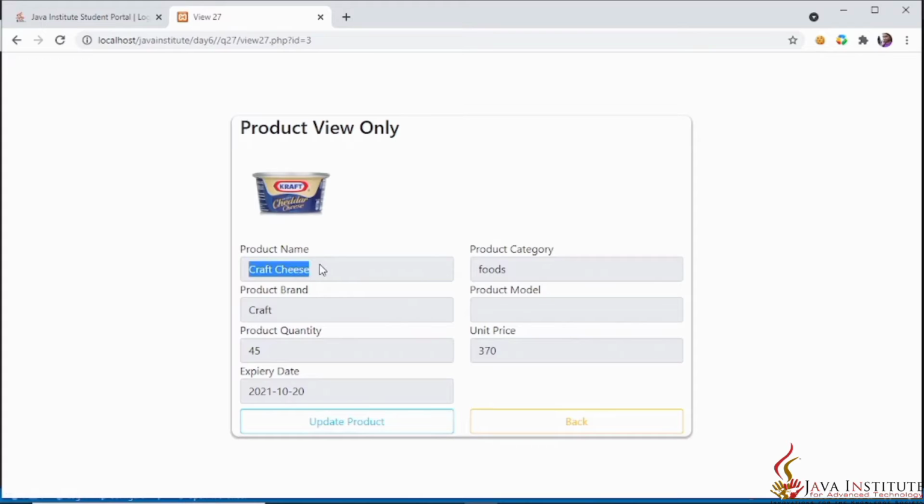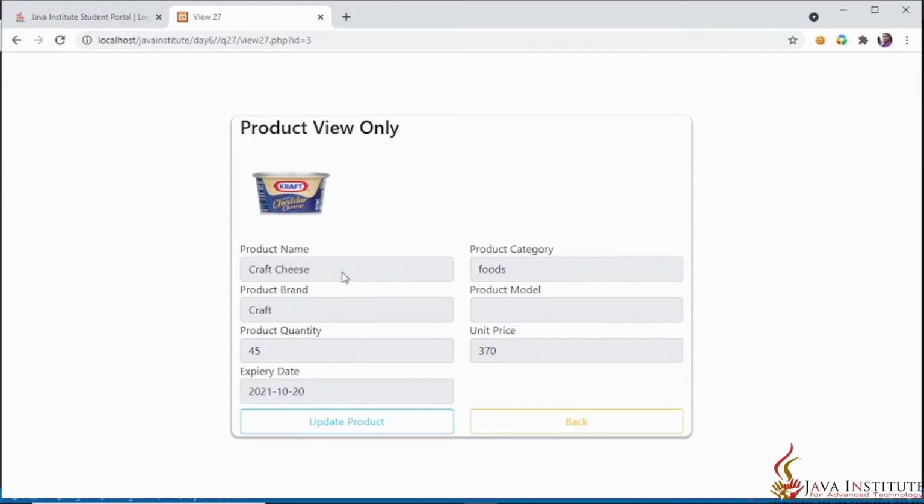You can see these input fields are disabled. If the input field were not disabled, when I put the cursor upon this input field, the cursor should change into the text-type cursor. But because these fields are disabled, the cursor pointer appears even when I go upon this input field.